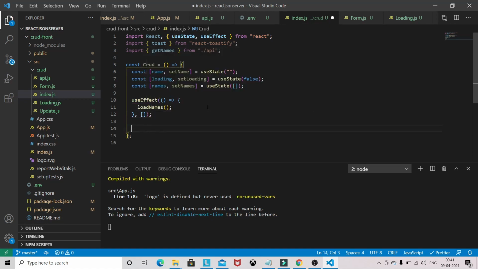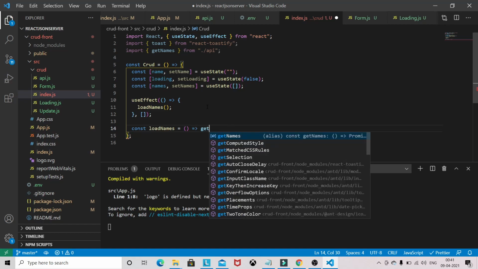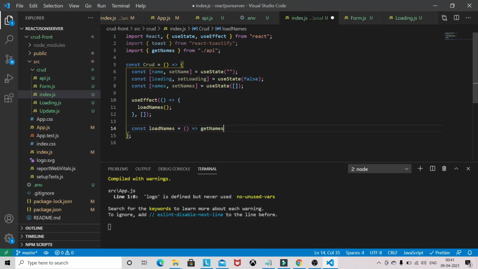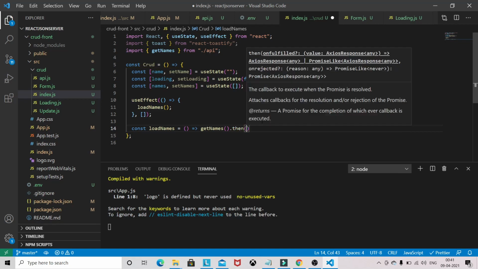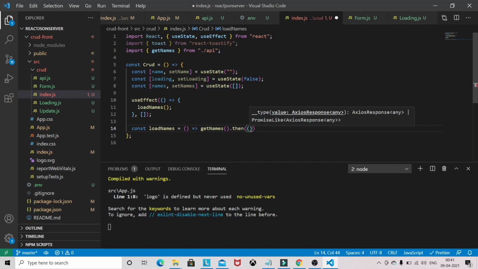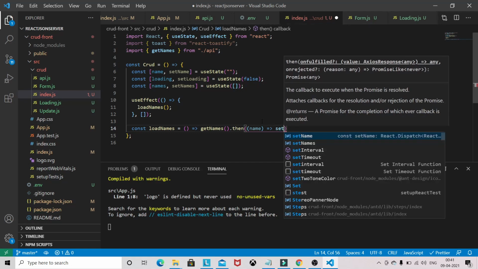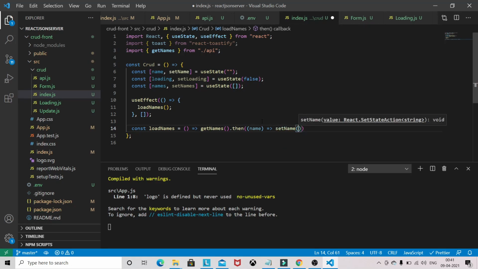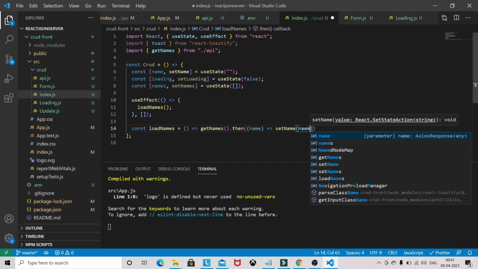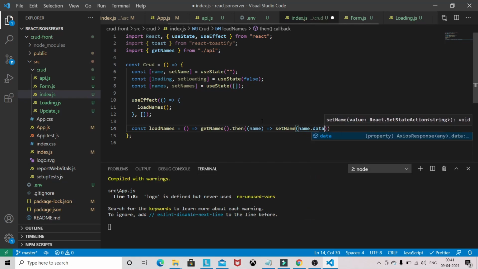Okay, so const loadNames. It will interact with this API and we will receive some data. So let's say name, and setNames with name.data.